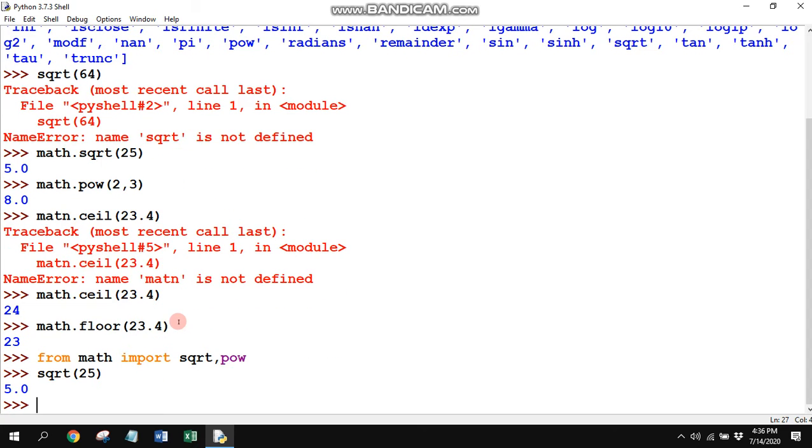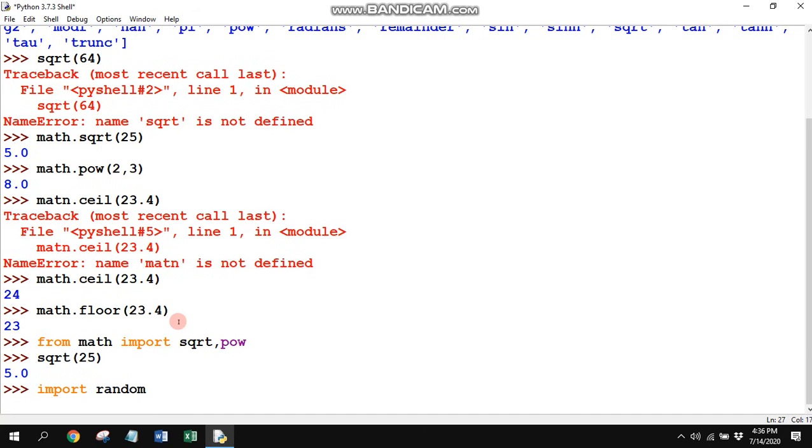If we want to use random, we can see random also. Import random. Here I will write random dot random, and it will give you any random number.